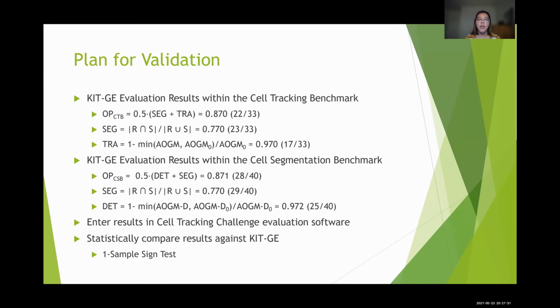So for validation, the cell tracking challenge comes with 2 benchmarks. They use the cell tracking benchmark and the cell segmentation benchmark. The overall performance of the KIT GE method for tracking was 0.870, and this was the average of the segmentation